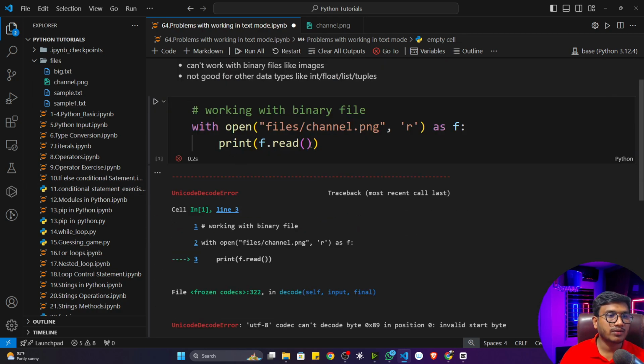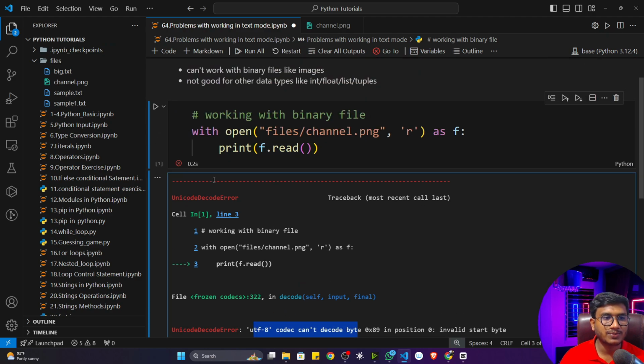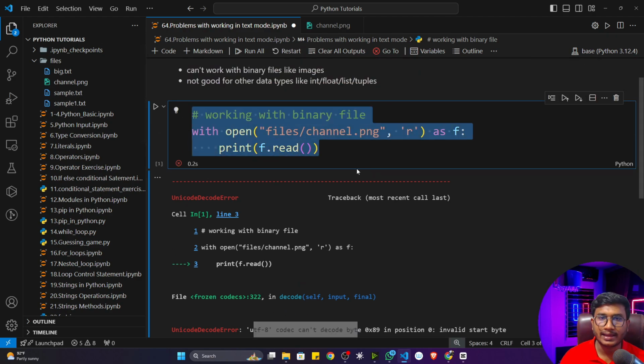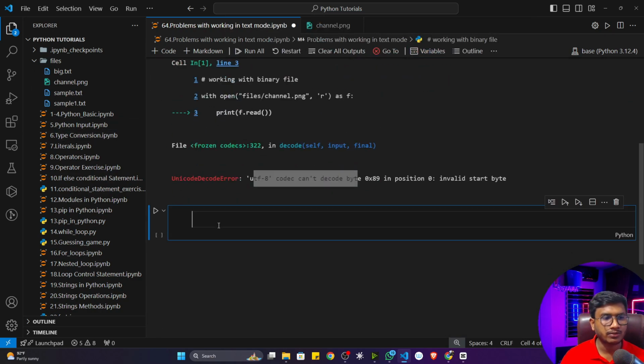What I told you, I think you remember, is that it can only work with string type data. And what is a string? It's a sequence of Unicode characters. But here we are trying to load binary data, because I told you an image is an executable file and it's binary data at the end. So we can't load this binary data like that. But Python gives you one flexibility: you can load any kind of binary file. How? Let me show you.